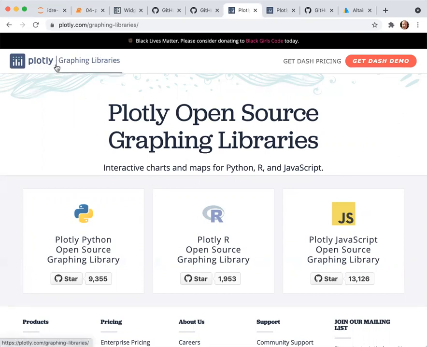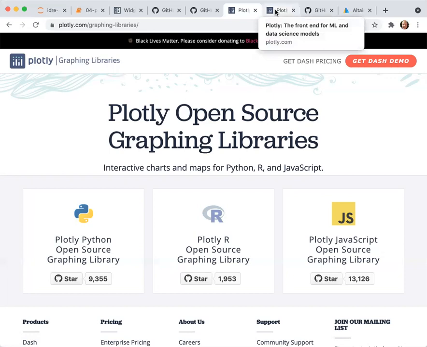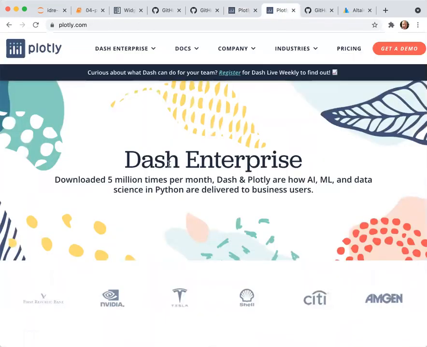Plotly itself is the name of a company. There's the Plotly library itself, which is an open source graphing library. And then there's an additional project called Dash. Dash is a way to generate a dashboard with Plotly. So we'll come shortly to Dash as well.